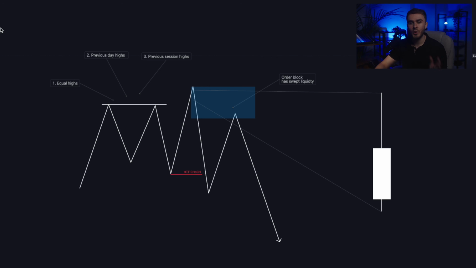As soon as price wicks through and clears the stops, and then displaces the other way, that's essentially when you're really starting to look at a high quality order block. Now, what you usually want to see is this rejection candle right here: a massive wick towards the upside with a body closure similar to where it started. From that point onwards, you understand, okay, cool, the big players in the market are finally looking for this level to get swept. At that point, I'll wait for the displacement, a change of character,